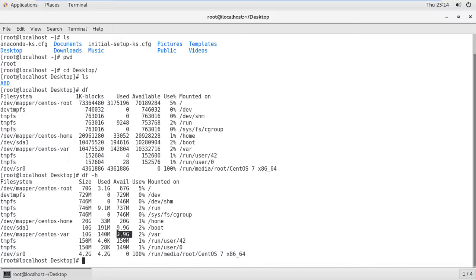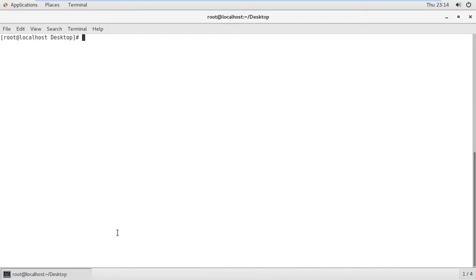Okay, so don't be confused, I'm just clearing this terminal with the clear command. Again I'm putting the date command, it will show here. If you want to change it, the command is date space hyphen s, like that.